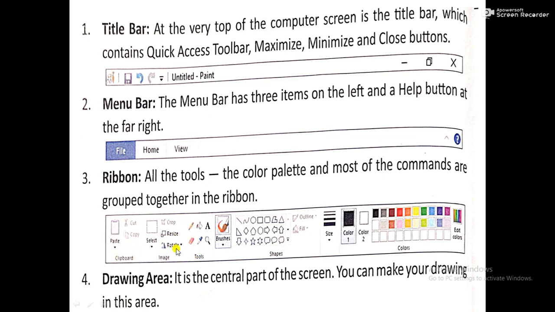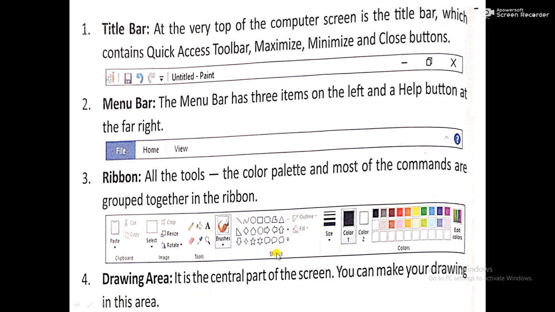This is the clipboard group, which contains the cut, copy and paste commands. The image group contains the crop, resize, rotate and select commands. The tools group contains these tools and brushes.